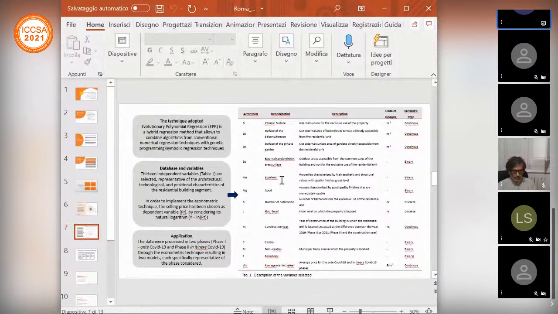that represent the maintenance status of the apartment, of the flat, and we chose two variables. If the apartment was excellent, so ready to use, with very good internal characteristics, and good if the apartments need some intervention to live in. Then we take the number of bathrooms, the floor level, the construction year, and we choose